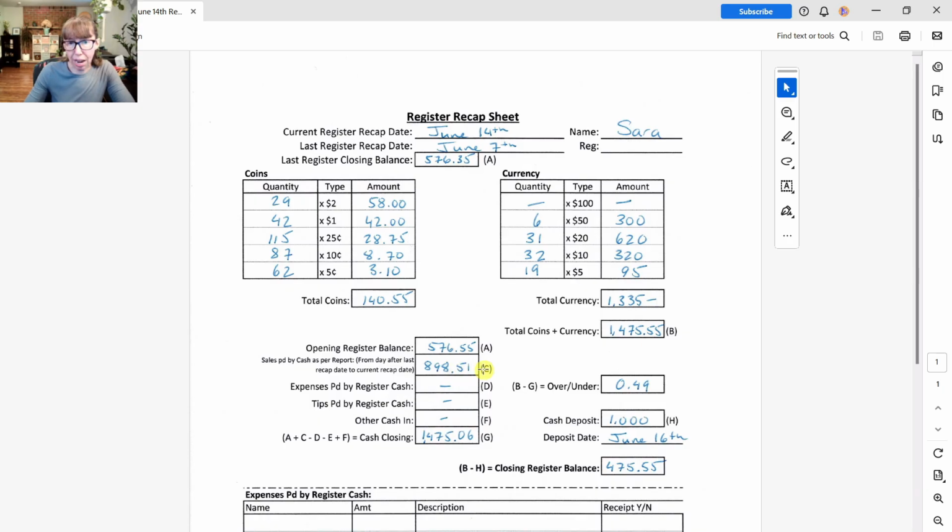She took that amount that the register software said was paid by cash between June 8th and June 14th, and it told her $898.51. There were no receipts paid by register cash or tips or no other cash in. And so based on the opening balance plus what the sales register software said was paid by cash for the period, we should expect to see